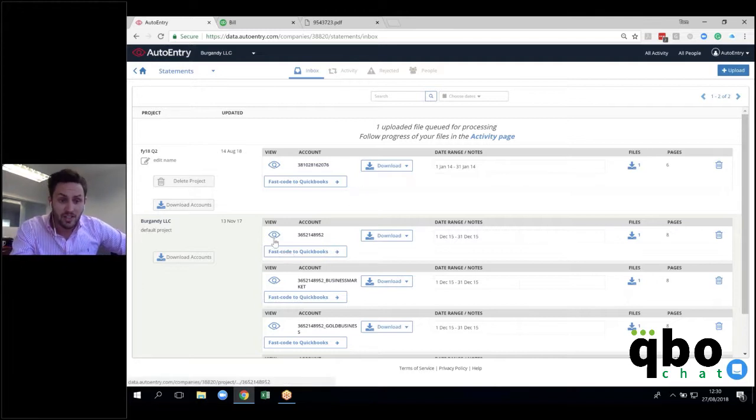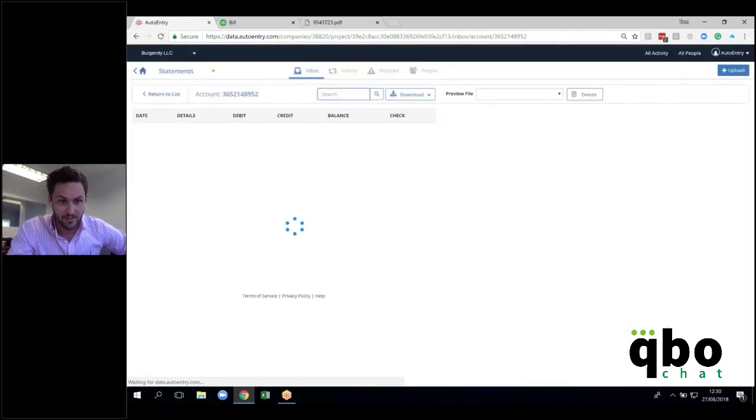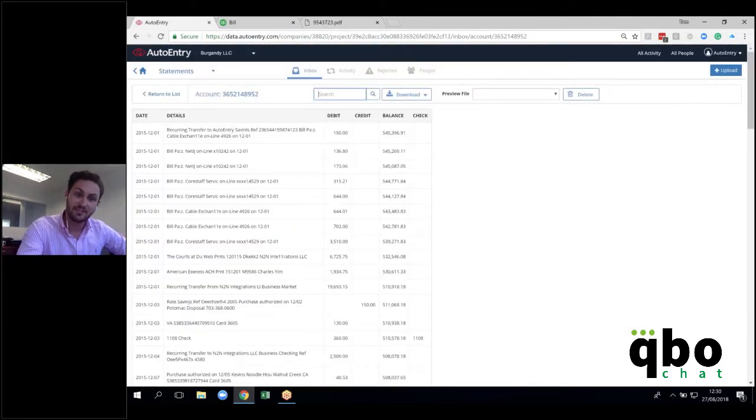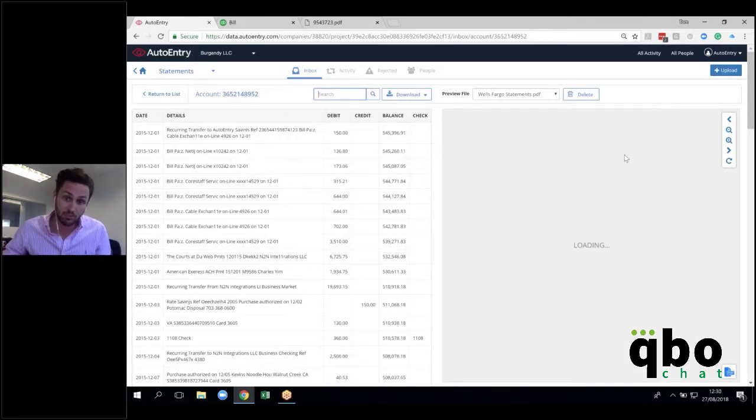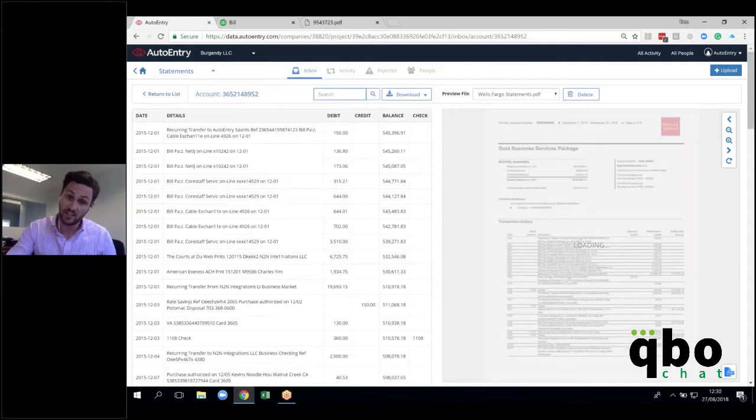Now, what I'm going to do is click on the AutoEntry eye again, so you can probably see a recurring theme. As we can see, the left-hand side is the transactional data we've extracted. And when this loads up, the right-hand side is going to be the original copy of the bank statement. This is a pretty common Wells Fargo statement,